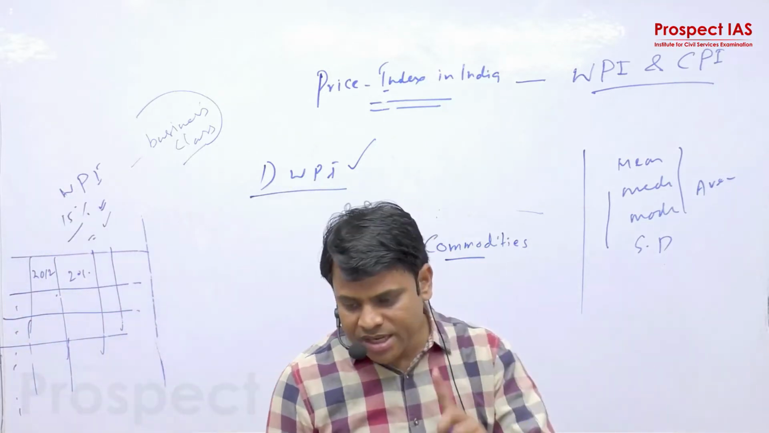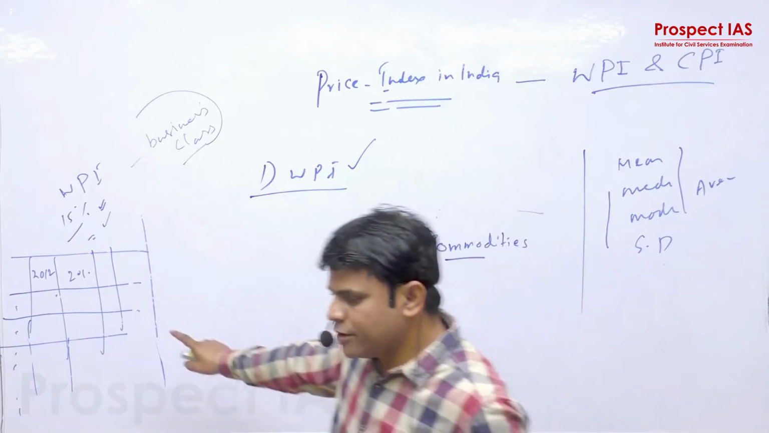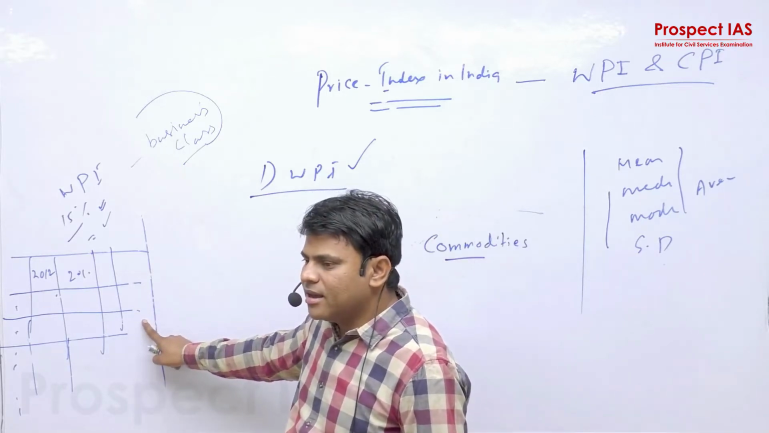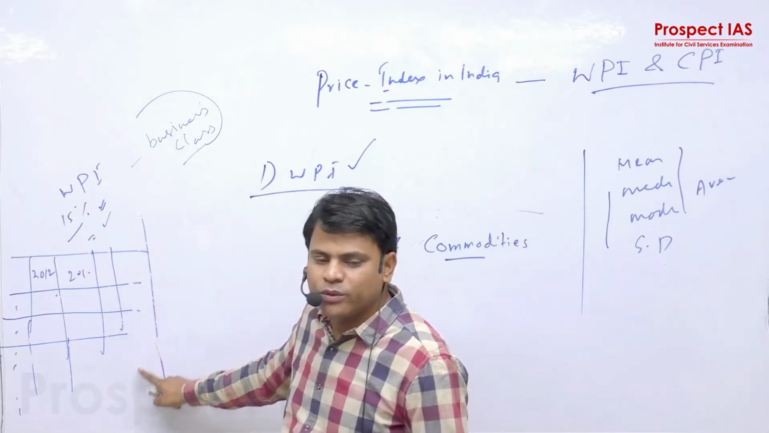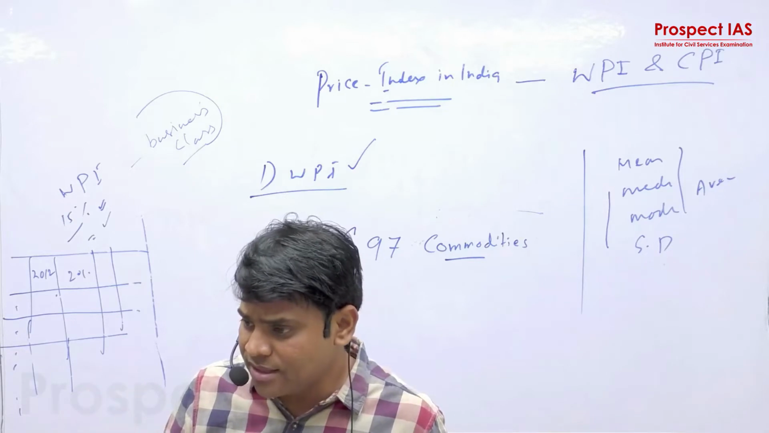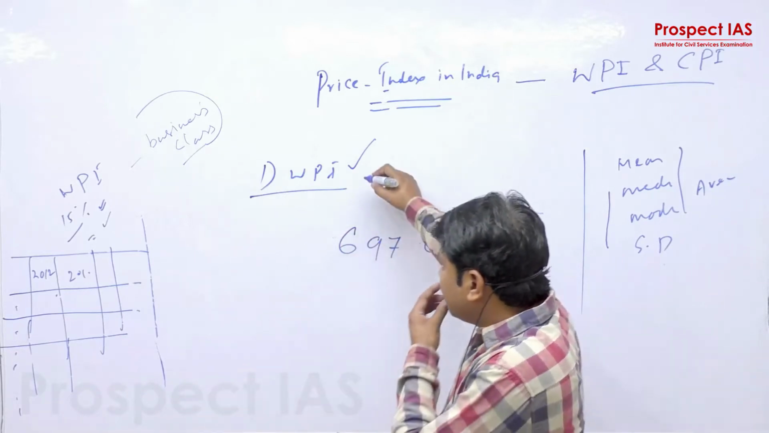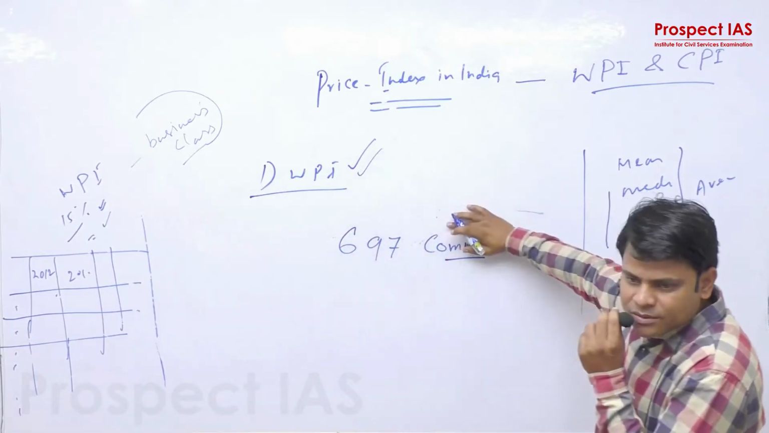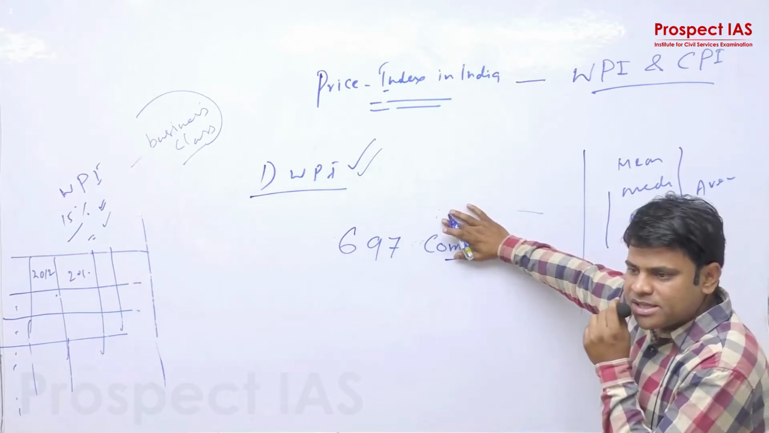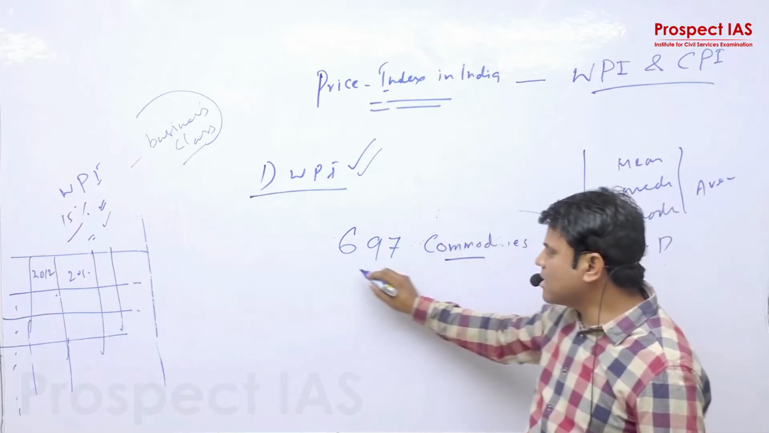697 commodities prices are being considered in the construction of wholesale price index. I told you that in the construction of a price index, what we have to do is take into consideration the prices of some goods and services. So here in the construction of the wholesale price index, how many goods and services prices are being considered? 697 commodities prices are being considered, and these commodities are